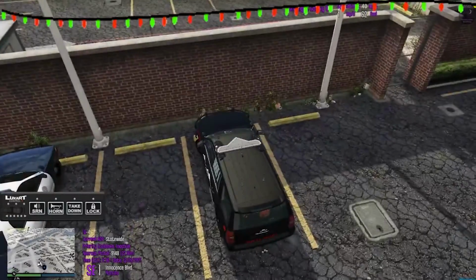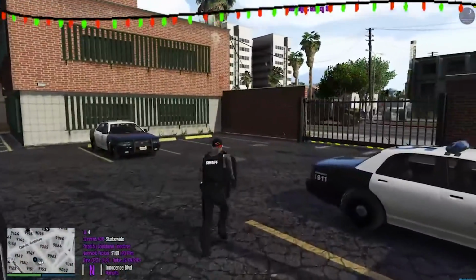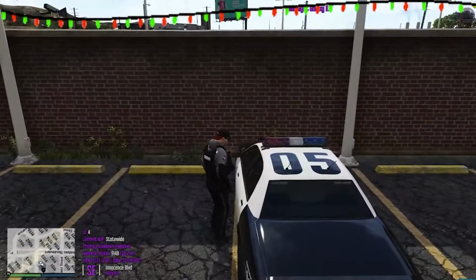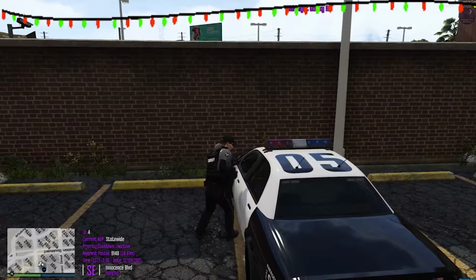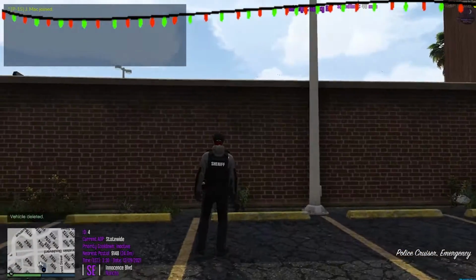So we'll just park you there for the time being, and I'm gonna get rid of these local cruisers because they're gonna drive me nuts. I'm not stealing them, don't worry about it. I'm just repurposing them.